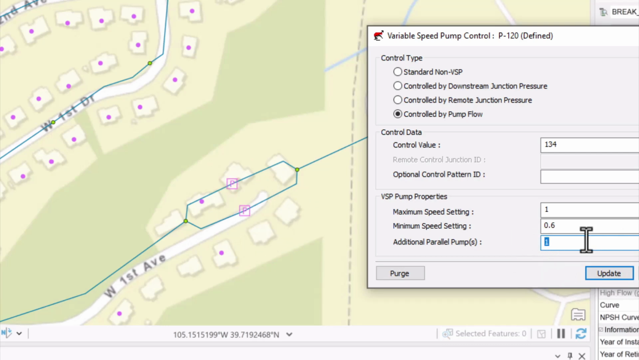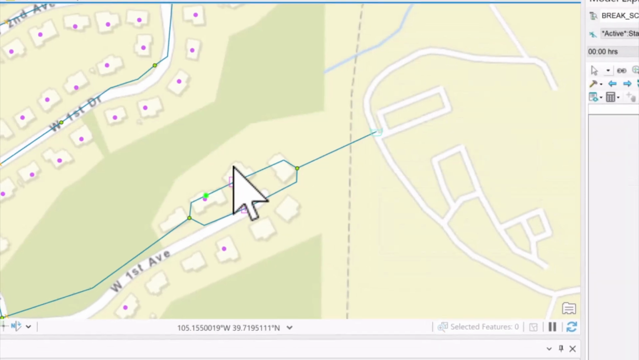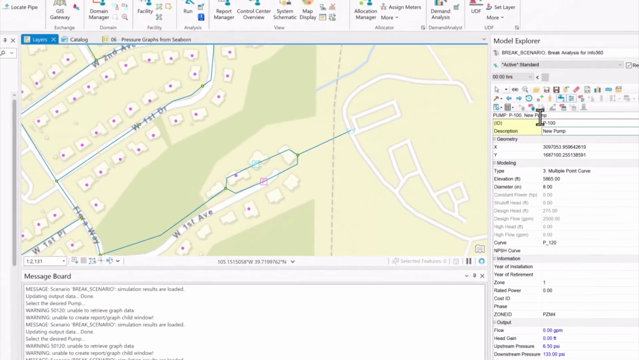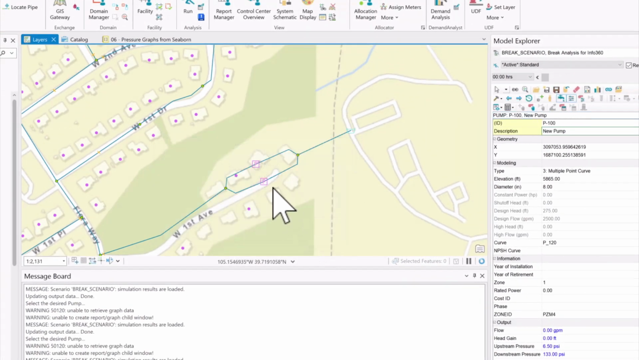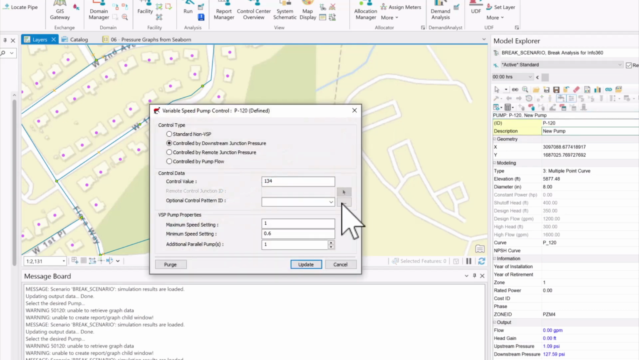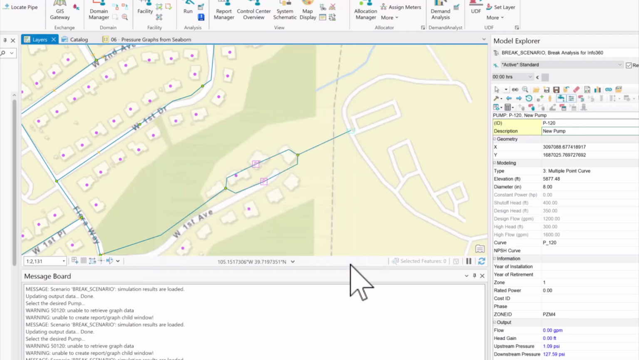So in this model, I've actually closed this pump here. If I can select it, I've actually closed this one here. So it's totally off. It's not really in the model. And I've modeled it by basically saying, that's a variable speed pump that's identical essentially to this one I'm controlling, and that way you don't have pumps fighting each other, because that is one